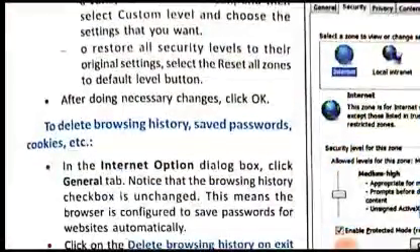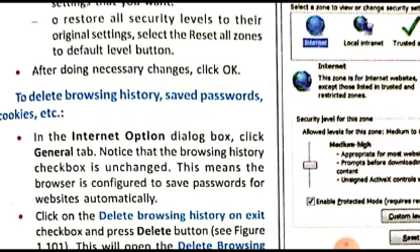So you can see a slider over here on the slide bar. A bar is shown over here and the slider is sliding up and down. And what is the slider doing? The slider is used for adjusting the security levels. Okay, if you move the slider in the upward direction, it means that you are increasing security to very high. If you are moving it downwards, then it means that you are decreasing the security level.